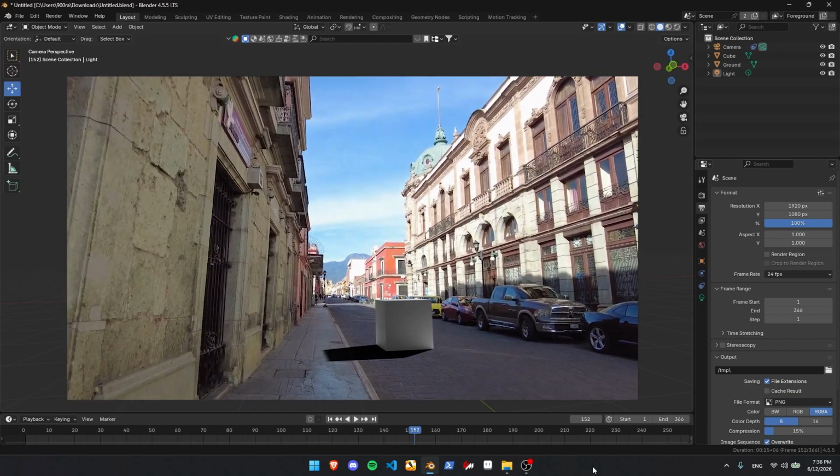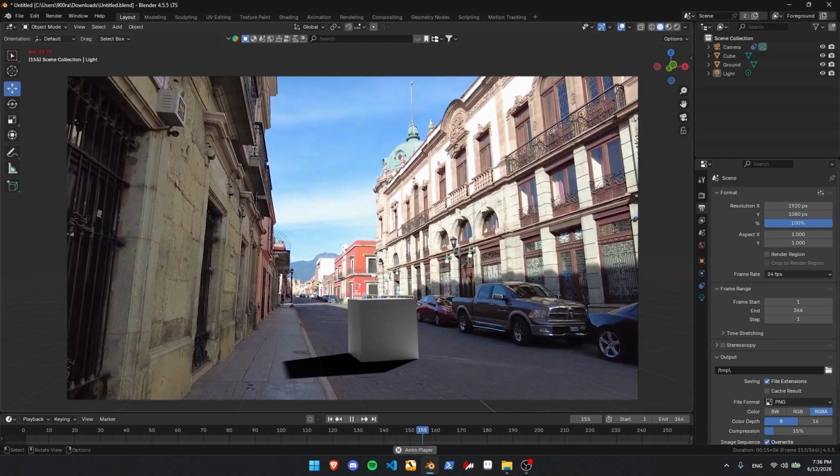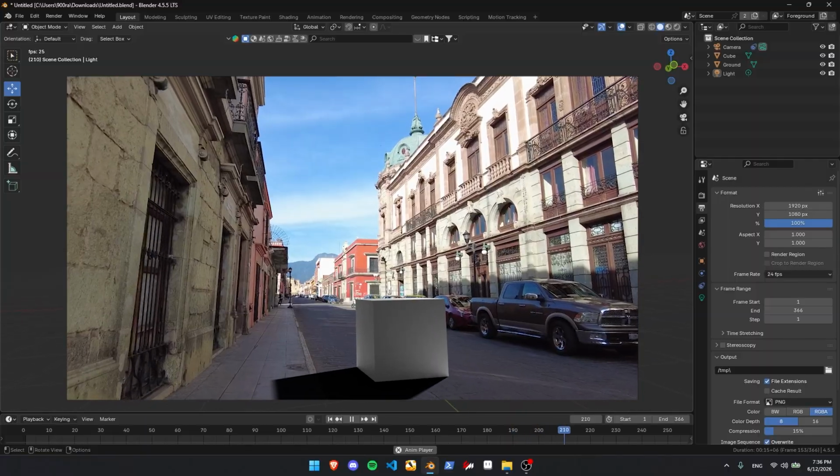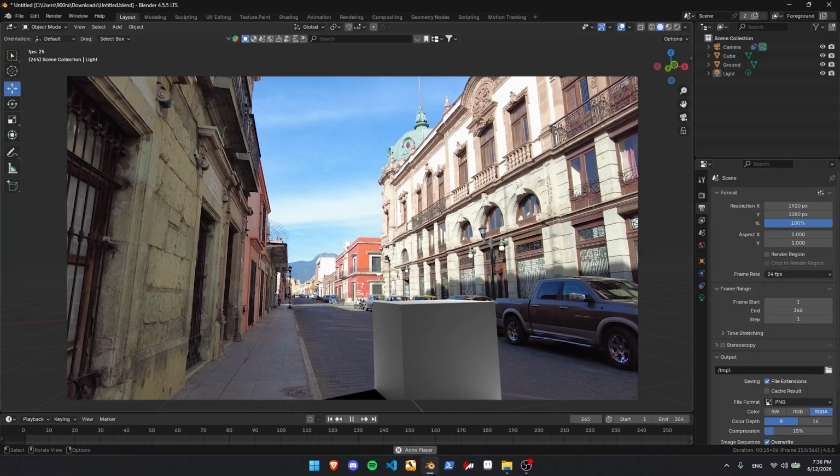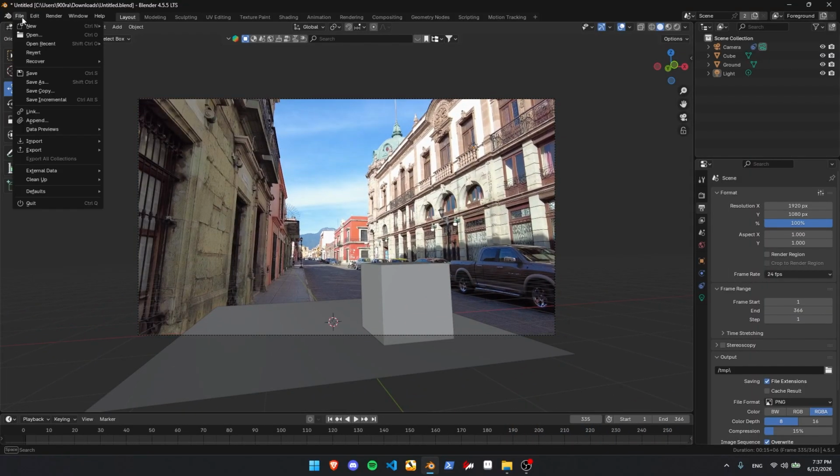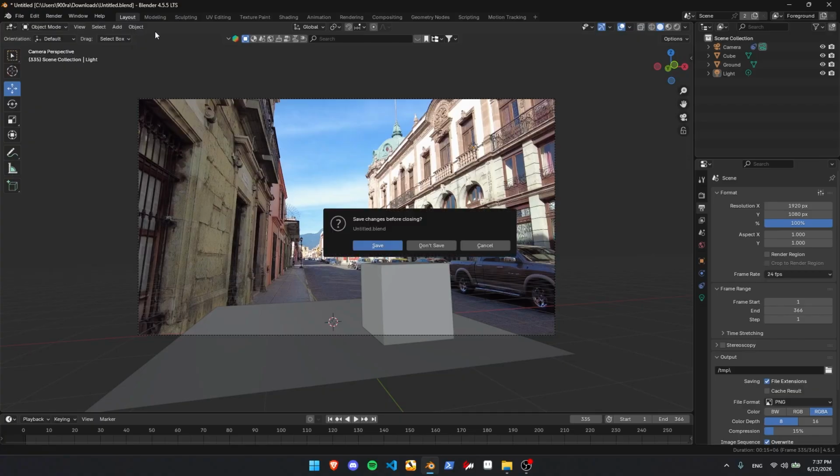Today I'm going to show you guys how to do motion tracking in Blender. We're going to be creating a video just like this in Blender today, and I'm using Blender 4.5.5, but other versions should work. To get started, we're going to create a new project, so we're going to click General, and